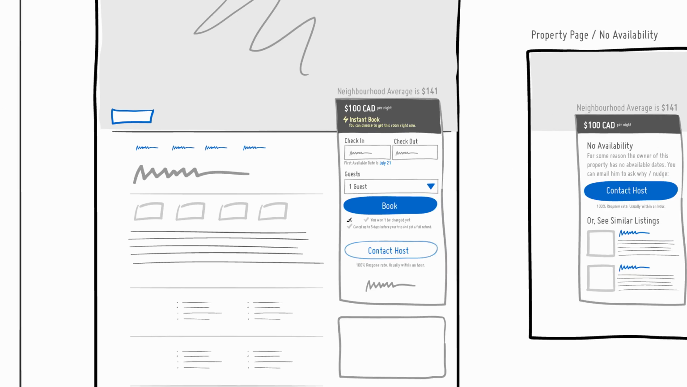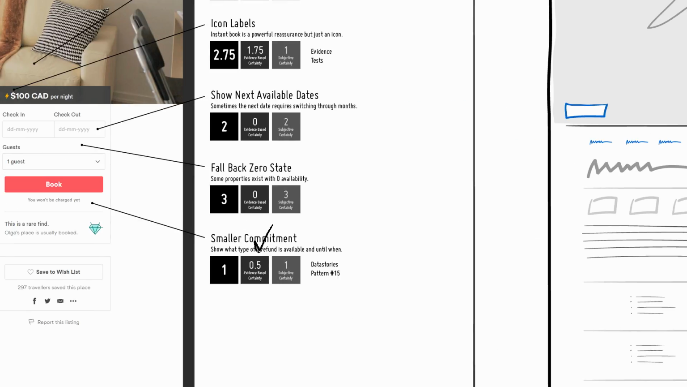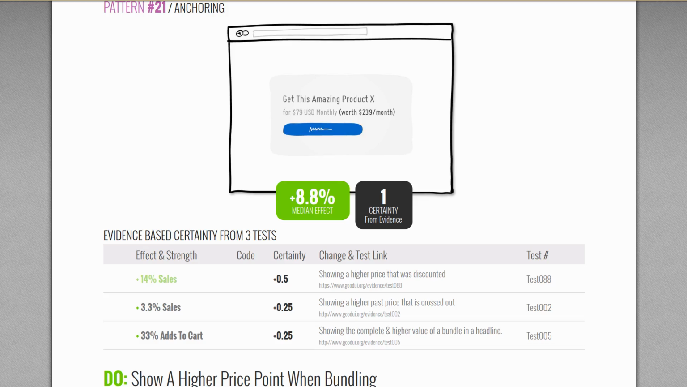And it's right here. That's what I'm suggesting. Cancel up to 5 days before your trip and get a full refund. All right. I think that's good to have nearby the call to action where we're making a kind of purchase decision. I brought a little bit of evidence for that from Data Stories pattern 15, which is